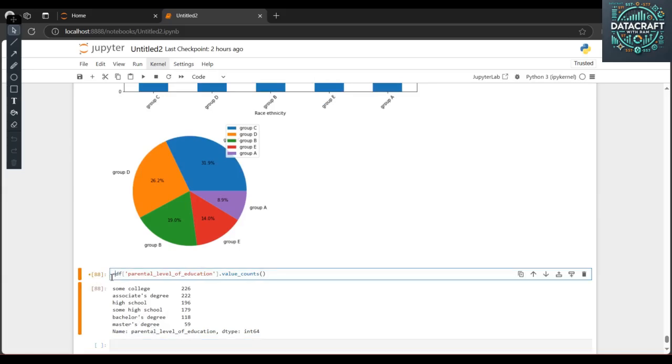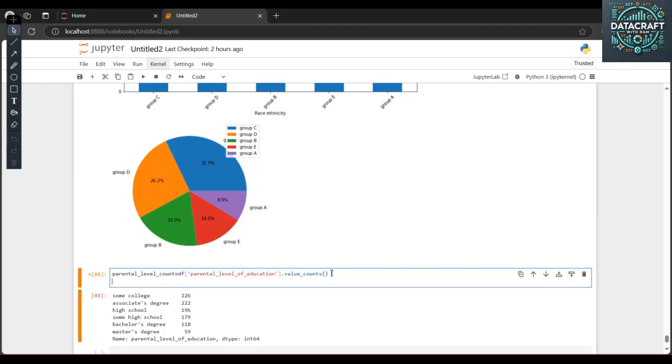Okay, so parental level count, parental level percentage, and with respect to the parental level percentage, divide by parental level count dot sum, multiply 100